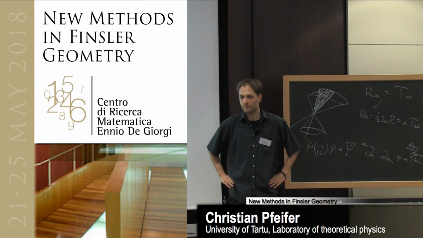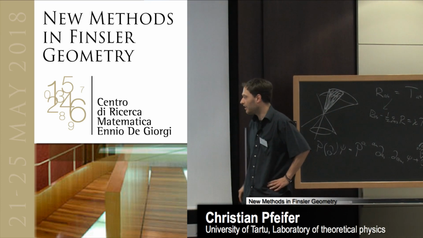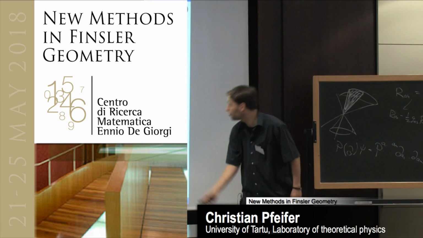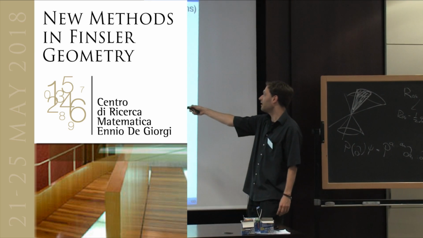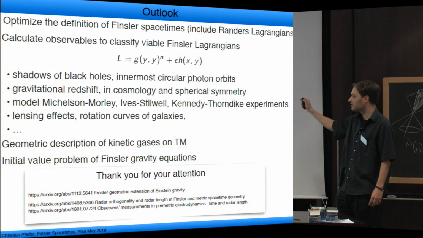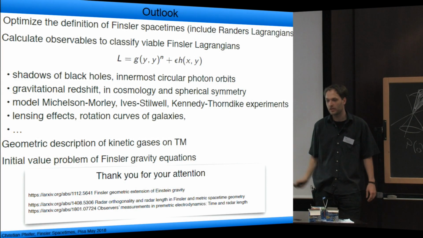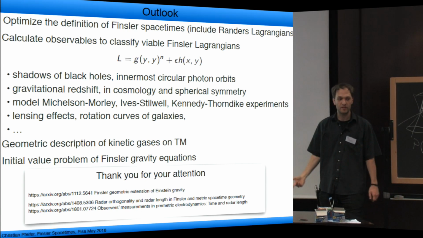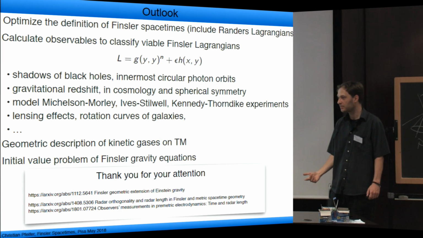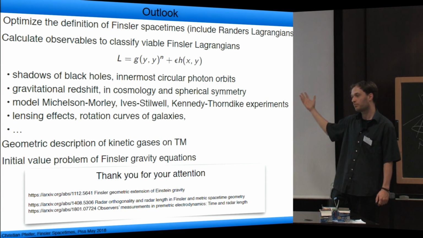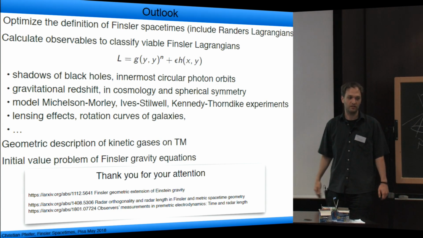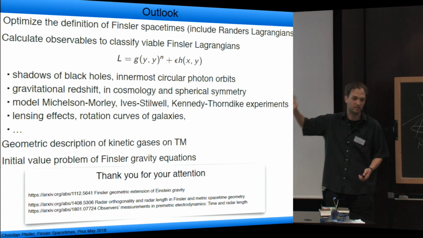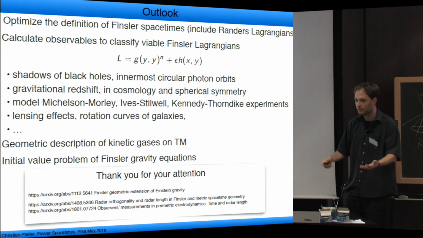Do you have any solutions of these equations? They look rather complicated. Yeah, they are. We have no non-perturbative solutions. We have a perturbative solution of this type for n equal 2. And for example, there exists a phenomenon called the flyby anomaly in the solar system. When satellites do a swing-by maneuver to gain velocity, there have been some which were faster afterwards than expected. And you can model such effects with a Finslerian geometry. But it's not really surprising because you have more degrees of freedom, more parameters to tweak. So that's just an example.